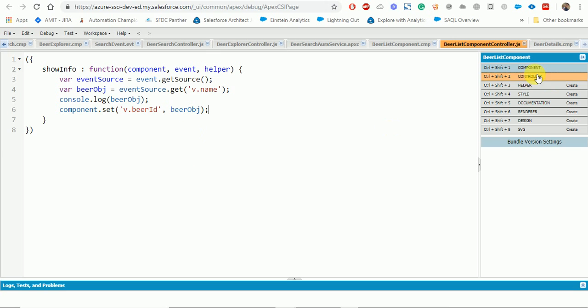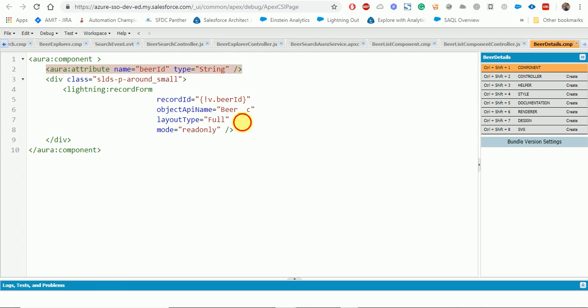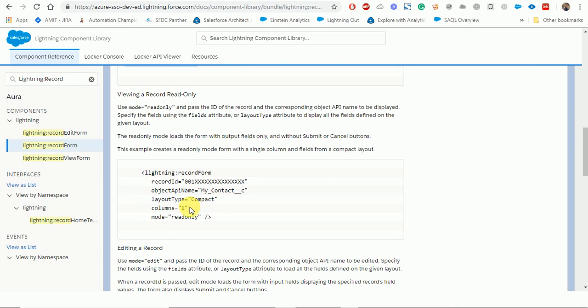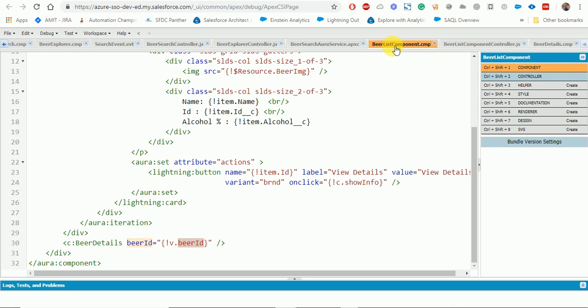So we can also provide columns for lightning:recordForm. The attribute name is columns, and we can provide 2 as a standard. And then in the beer list component we can also add aura:if, as we just want to show the component if there is a beer ID present.